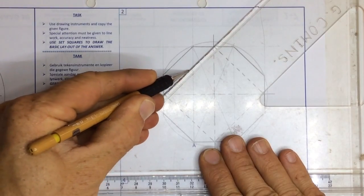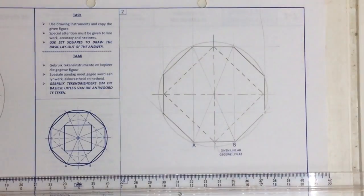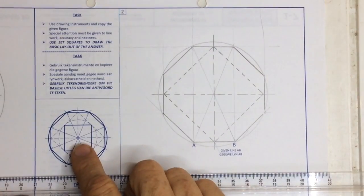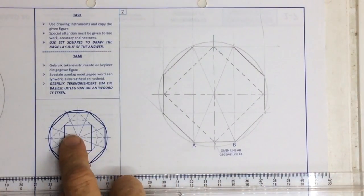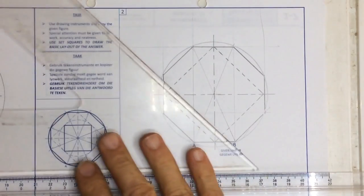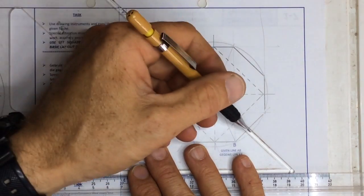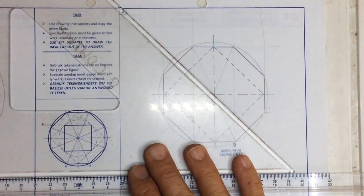Going up to the top like that. Right, once that's in place, it says that you need to have a circle going around there that makes a tangent to the square that I've just drawn. So you need to draw a line going through there. It says that,